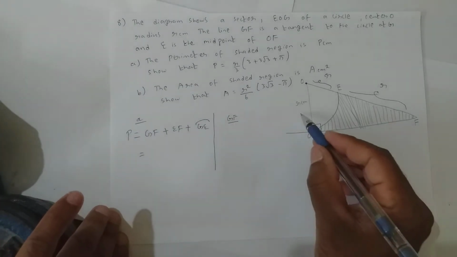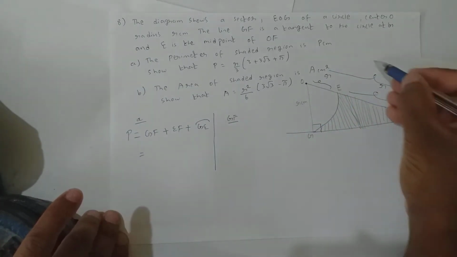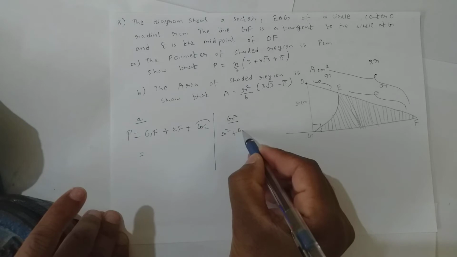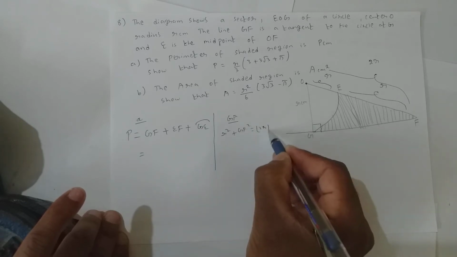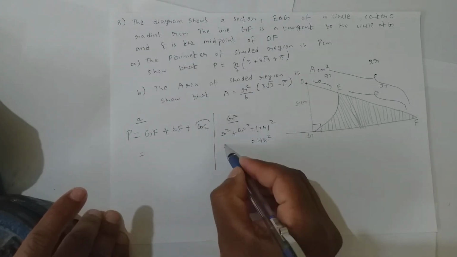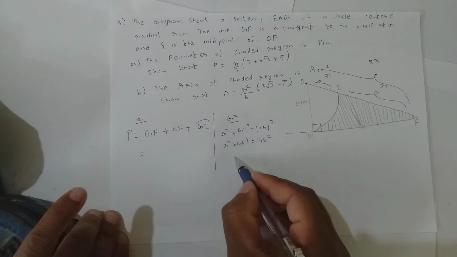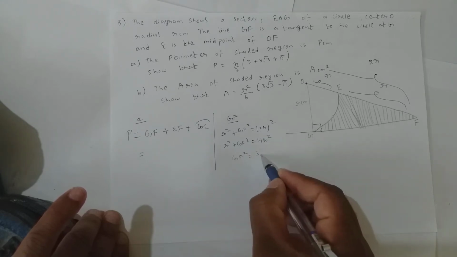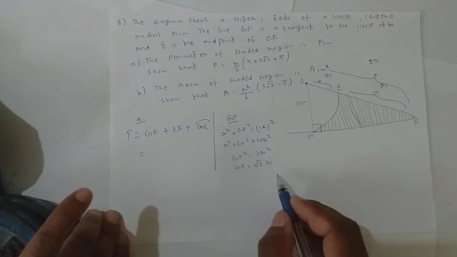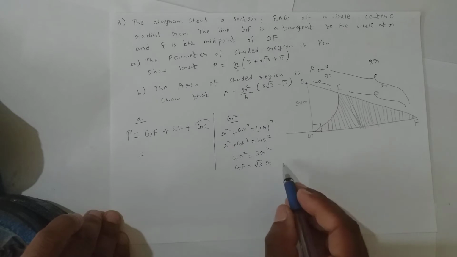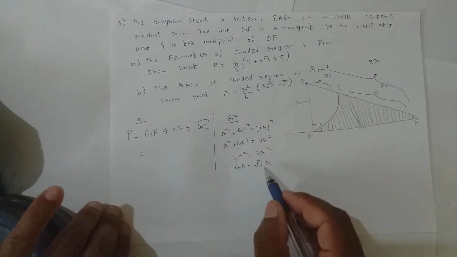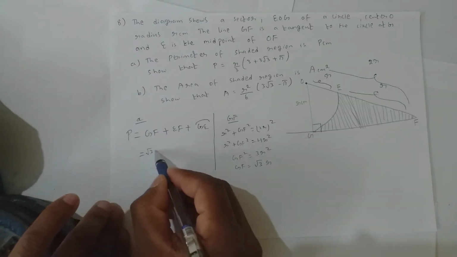It's a right angle triangle. Till here is r and this entire thing becomes 2r. So here it is r squared plus GF squared equal to (2r) whole squared, by applying Pythagoras. So it becomes 4r squared. And here r squared plus GF squared, so GF squared equals, sending r squared that side, 3r squared. So GF equals square root 3 r. The square root and square get cancelled, so no square root on r. The square root will remain only on 3. So here GF is nothing but root 3 r.